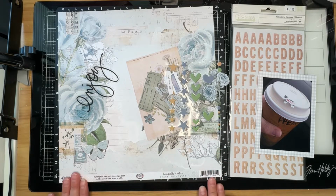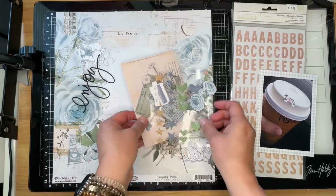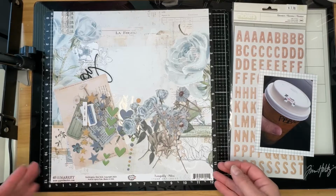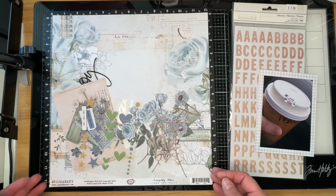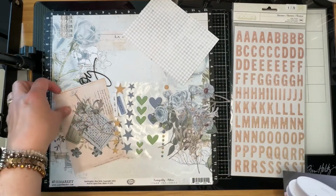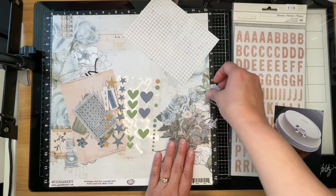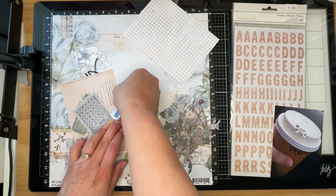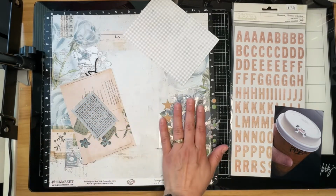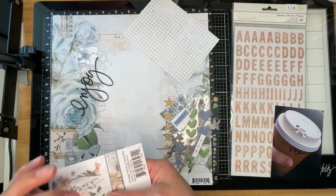And so I have some of the stuff from my April Counterfeit kit sitting here so that I can create this challenge myself. And as I've stated all month long, I put 49 & Market Tranquility Collection in my kit. So I have quite a bit of that stuff. Some of the things, like this pile here, are from the laser die cuts. These came, the puffy stickers and the chipboard words came from Freckled Fawn that I also stuck in my kit. And then these little pieces here, I cut out of one of the product